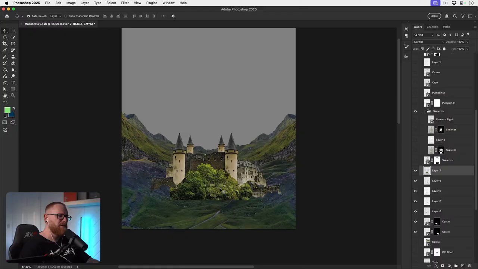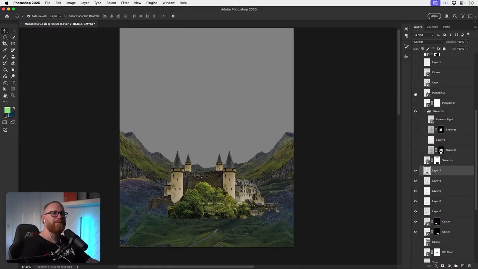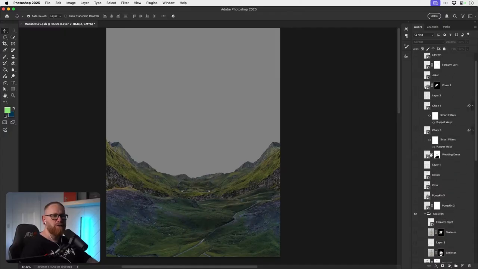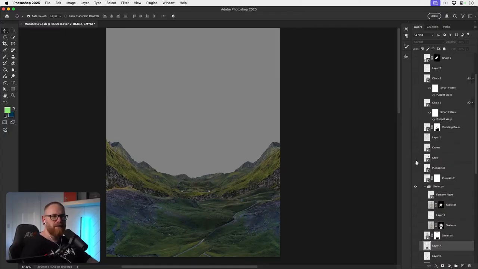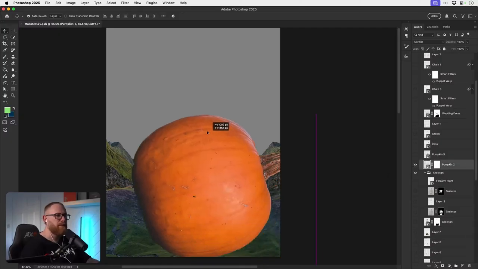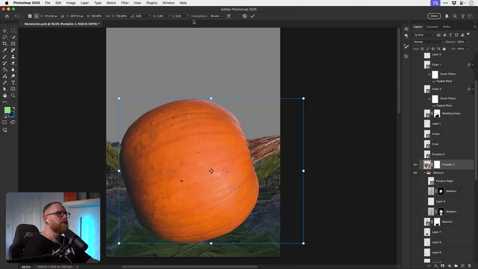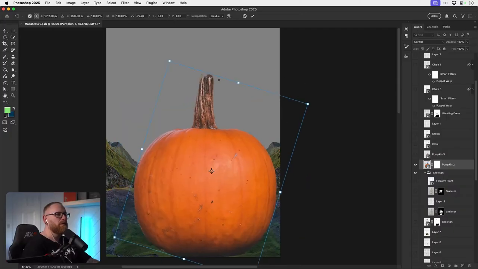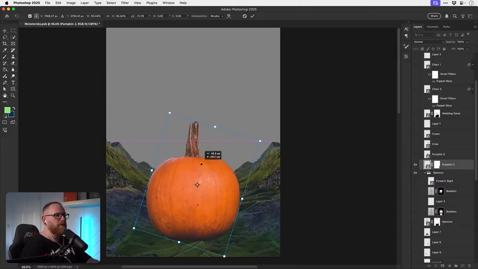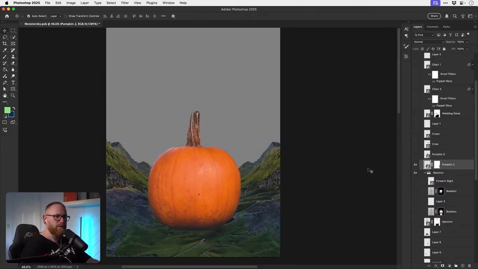Oh, I don't know about the castle. This looks a bit shite. What about a pumpkin crater? A pumpkin has crashed into the ground. So something like this.